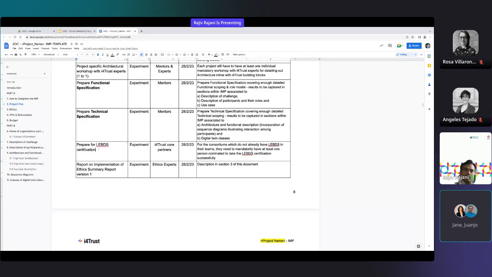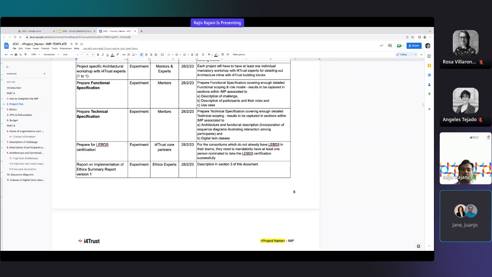An important reminder to projects who do not yet have a certified LEBDS: please make sure that you nominate one person, ideally from your DIH, to go through the LEBDS certification. To do that, the candidate should go through all the training and then apply. We'll share details about how the examinations are conducted, and you can schedule yourself for an exam interview where the experts on iSHARE and FIWARE examine you.